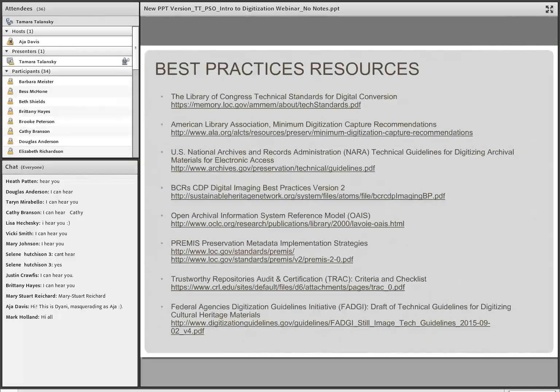And speaking of tools, some more resources for you. There are a lot out there to help guide you, to keep you within the best standards and practices when you're doing digitization. And these are wonderful resources. They'll address all types of topics such as technical overviews, capture specs, hardware, software, metadata, copyright, workflow. There's file naming information, storage, and a number of other considerations. So again, a really great tool here.